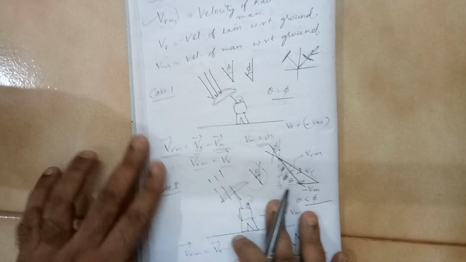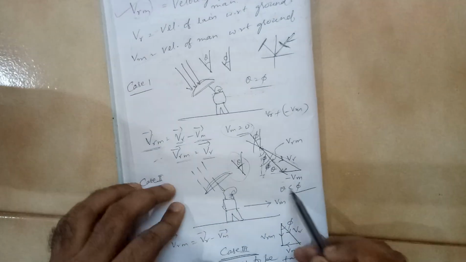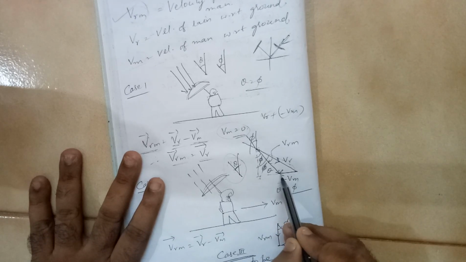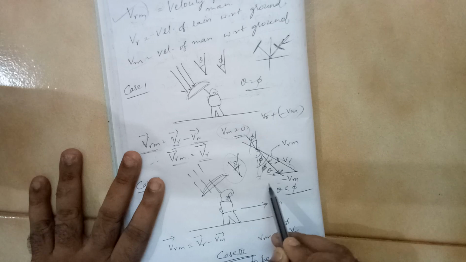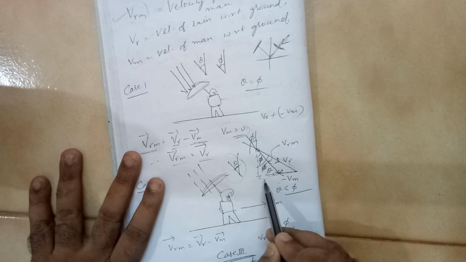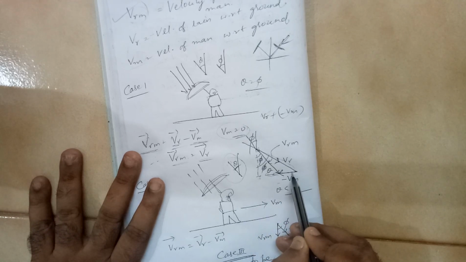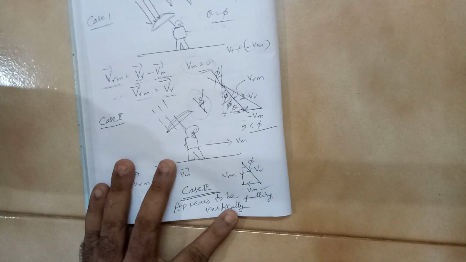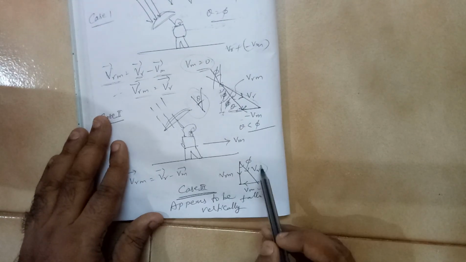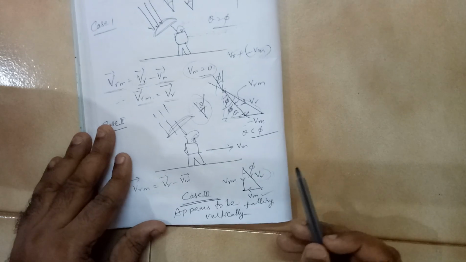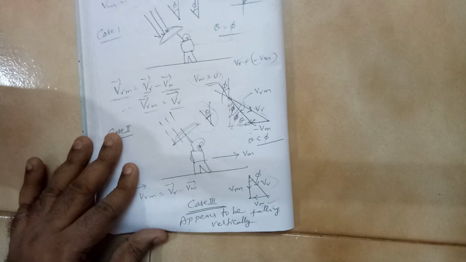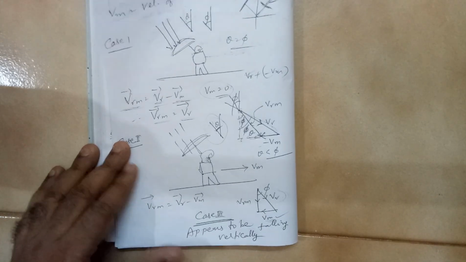Now let us say this man's speed is increasing. What will happen? Now this is the head and this is the tail. At more speed this head will shift, at even more speed it will shift further. Like that, at a certain speed the diagram will become like this, so VRM becomes vertical. That means at the same VR there can be a particular speed of VM, that is the man, at which it appears that you have to hold the umbrella in the vertical direction.